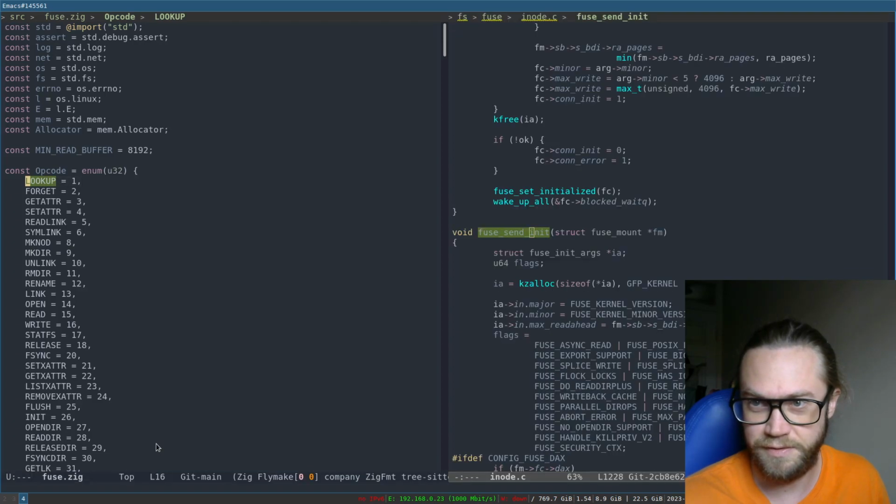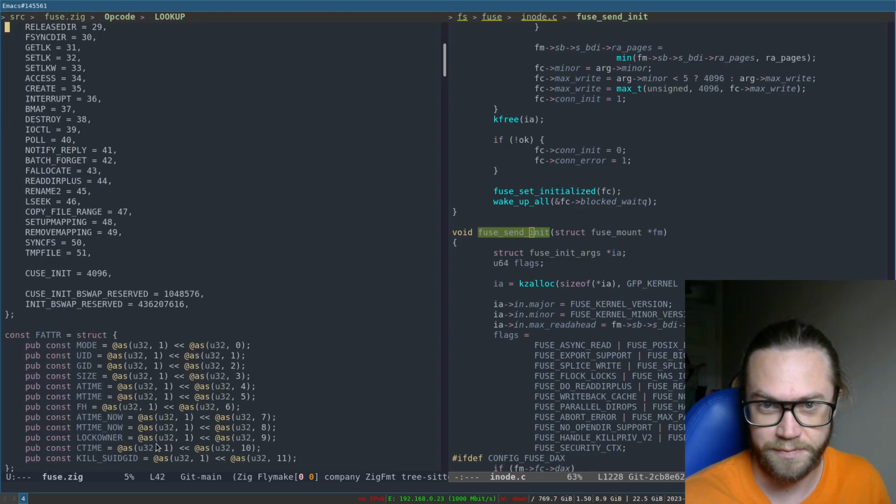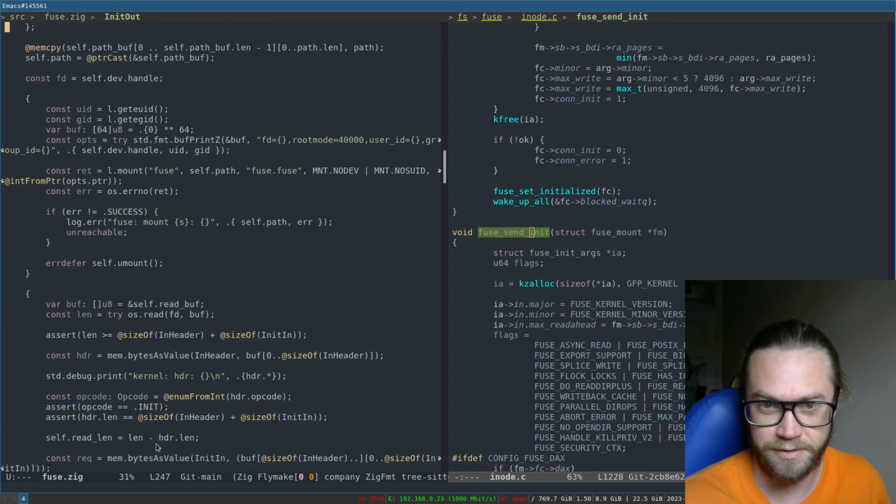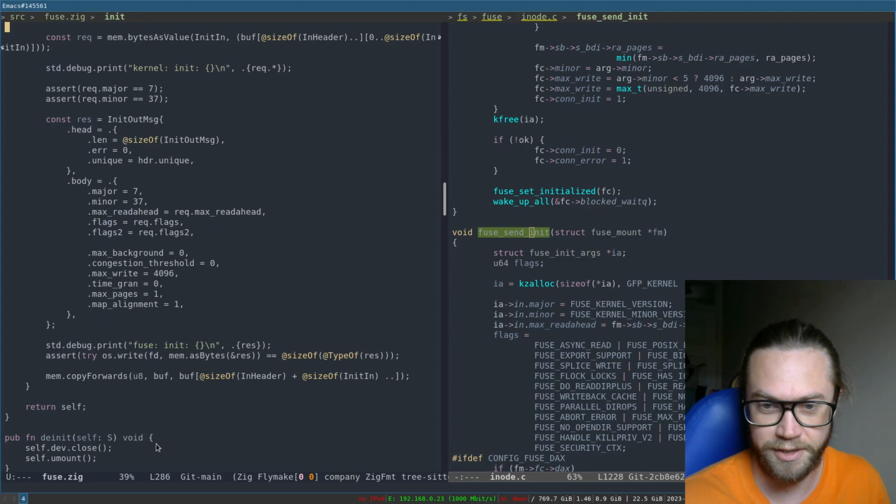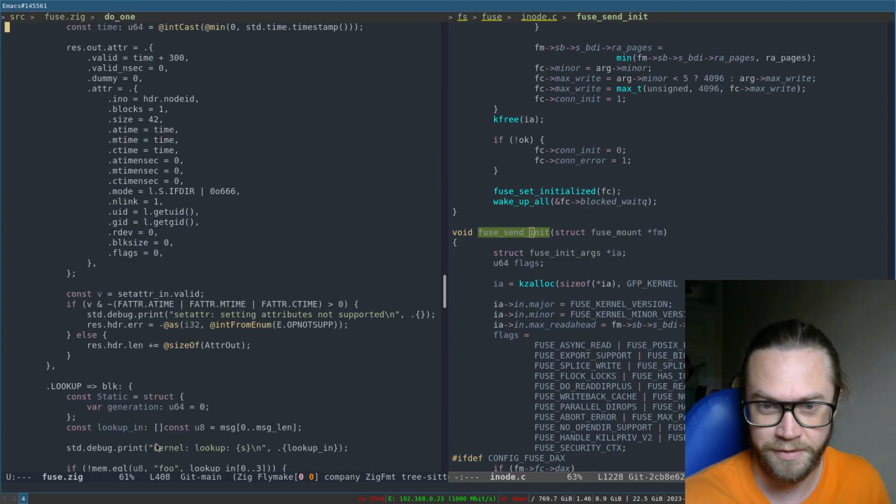Apparently that doesn't work as I expected. I was just trying to find the location where that's used. Okay, so if we look at the handler for lookup,